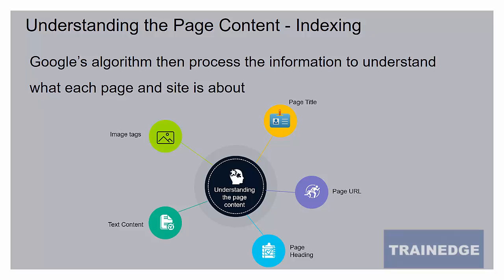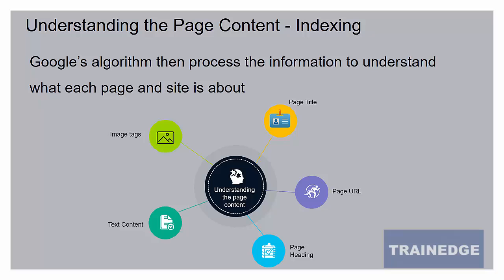Each image you use on your page is essentially a computer file with its own name. So if you use the keyword in the file name, that helps improve Google's understanding of the page. Each image has a meta tag called the alt tag or alternative text. So the alt text is used by Google and other search engines to understand what is there in the image. If you use the keyword in the alt text, it will help improve your on-page optimization and help Google understand the content of your page.